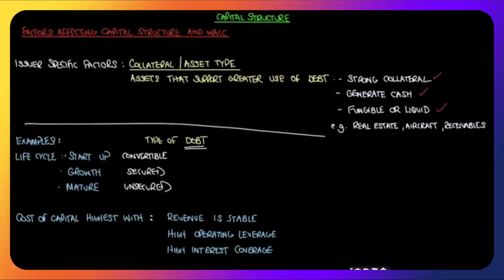And cost of capital is highest with, not very good grammar there, but revenue is stable. I would say stable revenue. High operating leverage and high interest coverage. So cost of capital is highest. Cost of capital will be highest when risk